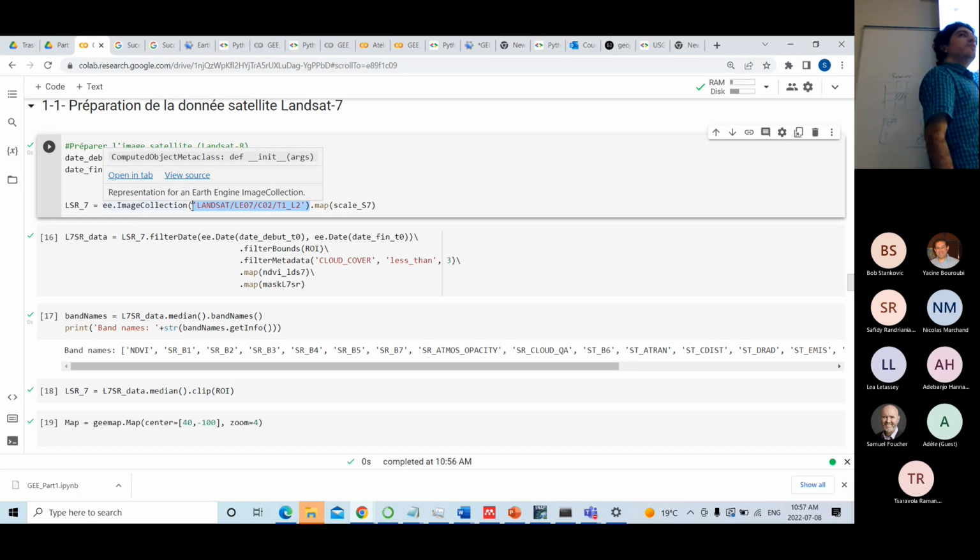Don't forget to change your filtering, for the filter date, to caps lock. So filter caps lock date. I want to apply the date filter. So after that, I define the